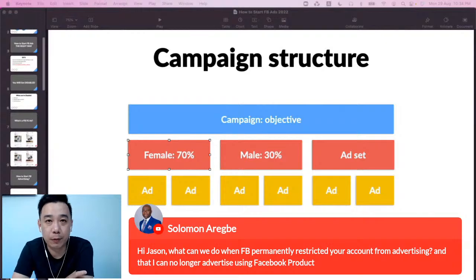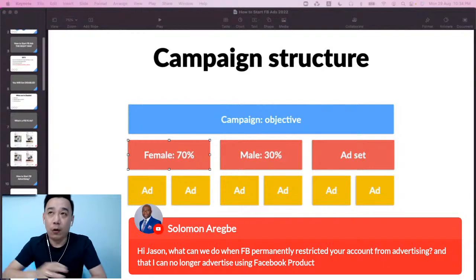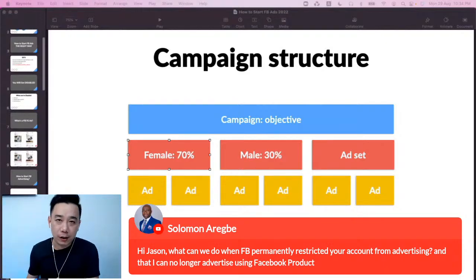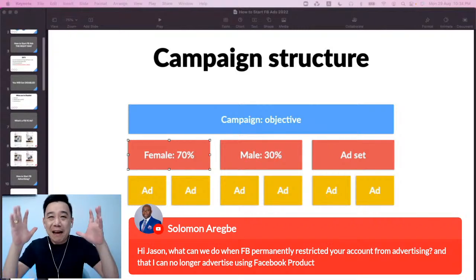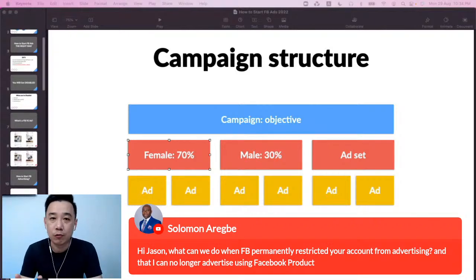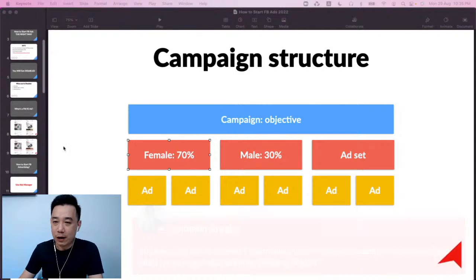with an existing Facebook profile, like we talked about. You don't want to create a new profile to do this because usually the moment you create a new profile to do this, it's going to be flagged. So then slowly you nurture your new account, nurture your new ads manager, and make sure you comply with all the rules. You do what Facebook allows you to do. That's it. You don't do anything that is not allowed because it's their turf, my friend. Why are you messing with them in their turf? This is not right, right? Anyway, so that's the campaign structure. Thanks for the question, Solomon.